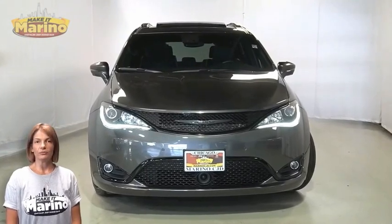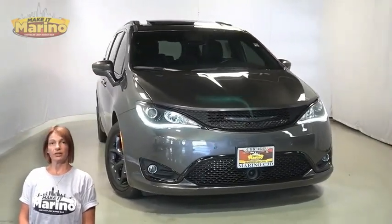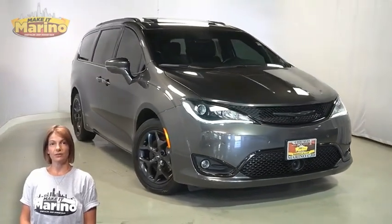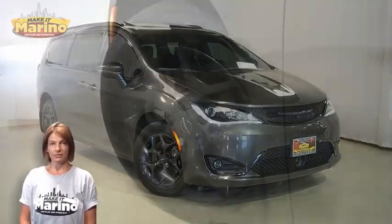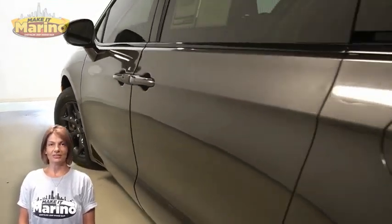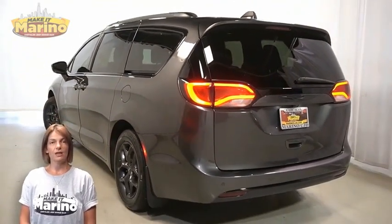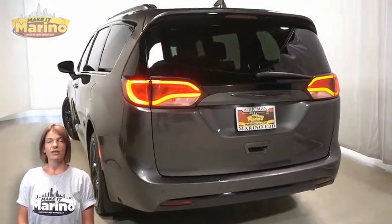Looking for a highly equipped family vehicle with all the right options and reliability? We'll take a look at this certified pre-owned 2020 Chrysler Pacifica Limited in granite crystal metallic. With HID headlamps, front fog lamps, 18-inch aluminum wheels, blind spot and rear crosspath detection, LED tail lamps, heated and